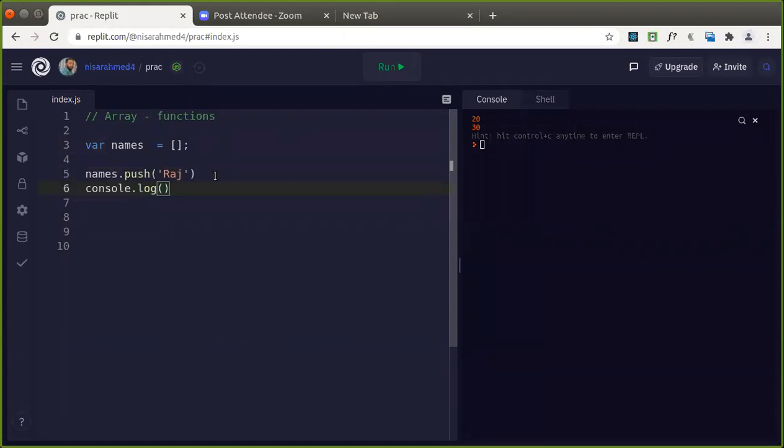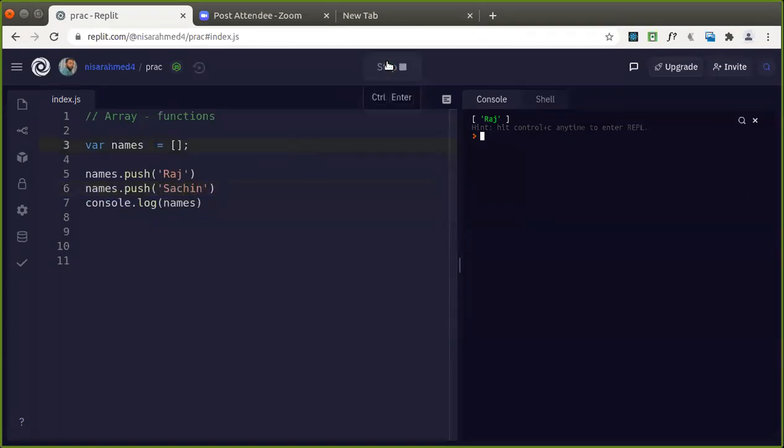Okay, so you can see here I'm adding this Raj to this one. Let's do a console. So names is there. You're getting Raj added to that. You can check that, guys. So the push function is easy to add a new element to an array. The push function will add a new element at the end of the array. So names dot push. Suppose I'm giving Sachin, this will be added after Raj. So that way you can use the push function and add the elements. Yeah, fine. If you want to remove the elements, you can use the function names dot pop. So pop will remove the last element in the array. You can just check that with console dot log of names.